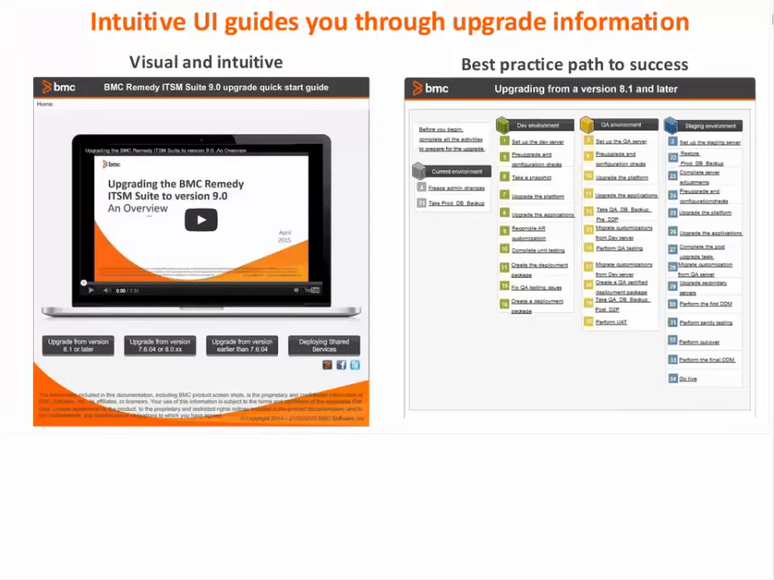So let's look at the new intuitive UI guide that is added to the upgrade page. On the left side, as you see, on the upgrade page there is a video which will give you an overview of the ITSM Suite 9.0 version. And then below it, there are different paths which you can choose to upgrade from. Based on which version you are at currently, you can choose the appropriate path. Let's say if I want to upgrade from 8.1 or later, I'll click that button,